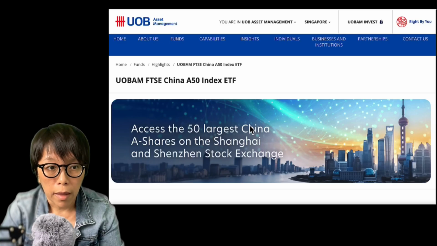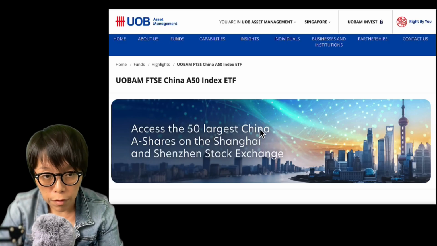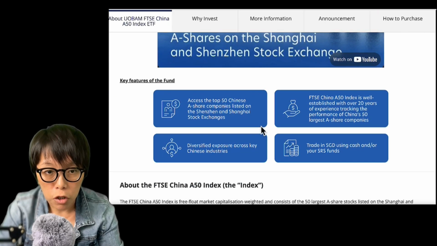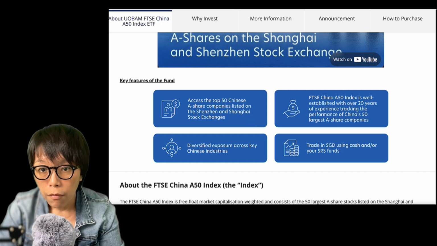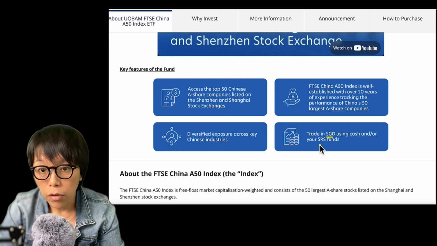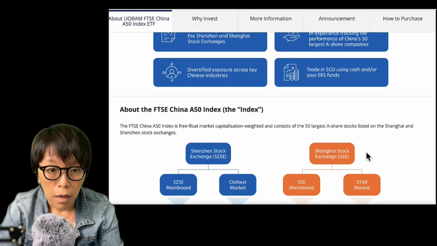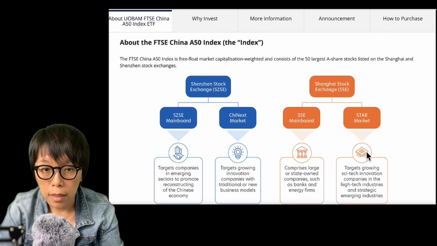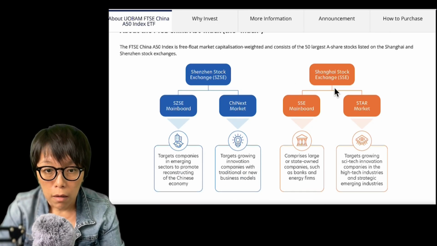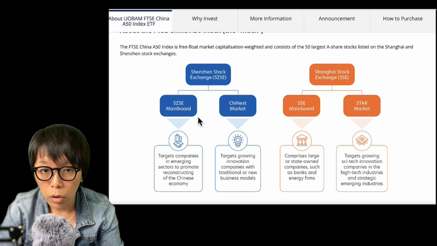So right now I'm at the UOBAM FTSE China A50 Index ETF. Just scroll down a little bit. So what are the key features? As I said, it's tracking the top 50 A shares companies. It's traded in SGD, and you are able to use your SRS. Then you scroll down. So basically, this is what I've said. It invests into Shenzhen and Shanghai, with access to the main board and the ChiNext,